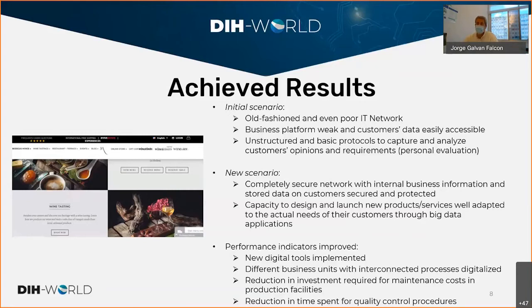At this point, with the new scenario at Bodegas Monge, after the experiment implementation, of course, the company will have, or is at the moment having, a modern and completely secure network, being totally certain that the internal information about the businesses and also the store data about customers are both secure and protected. In fact, we expect that Bodegas Monge will be at the forefront of cybersecurity applied to regular SMEs in the Canary Islands in this sense,